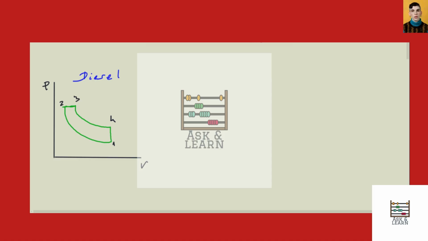We know that the heat enters in here and leaves in here, and this is an isentropic, isentropic, and isentropic here also. And what is the Otto cycle, the ideal Otto cycle? So